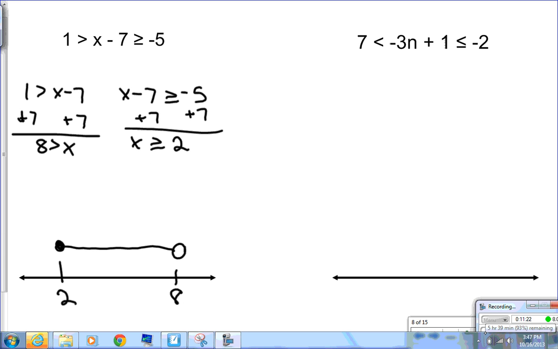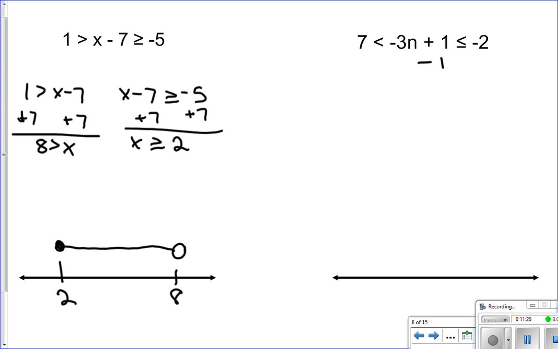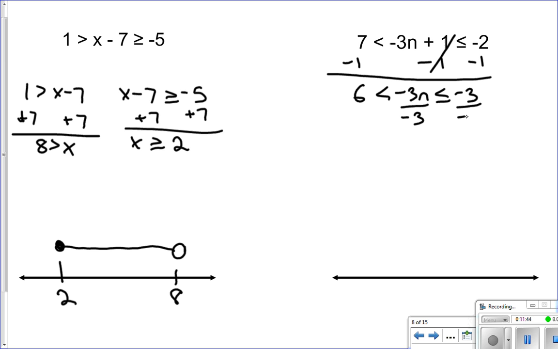All right, so let's look at this one. 7 is less than -3n plus 1, which is less than or equal to -2. First things first, I'm going to subtract 1 from both sides. I'm left with -3n, less than or equal to -36. Then I'm going to divide everything by -3, but be careful because now I'm dividing by a negative. All the signs are going to flip. So it's greater than or equal to 1, and is less than